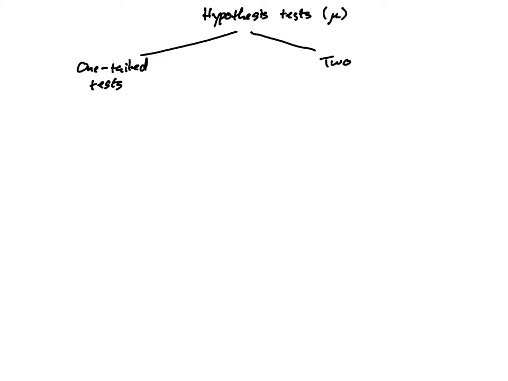Now let's look at the different types of hypothesis tests. And for the sake of argument, let's assume that we're testing for the population mean. So we're testing on mu, right? Now there are two main types of hypothesis tests. We have one-tailed tests, okay, and then we have two-tailed tests. Okay. Under one-tailed tests, we have two subtypes. We have upper tail tests